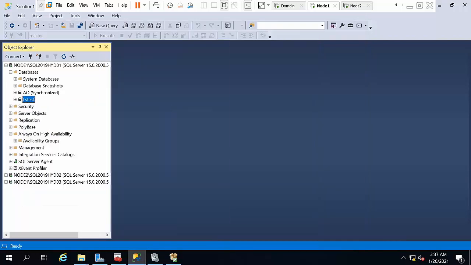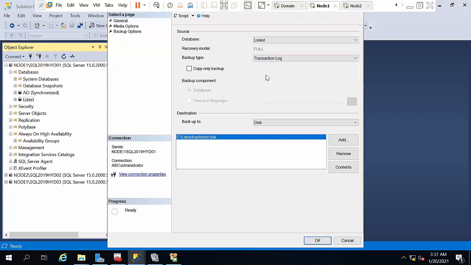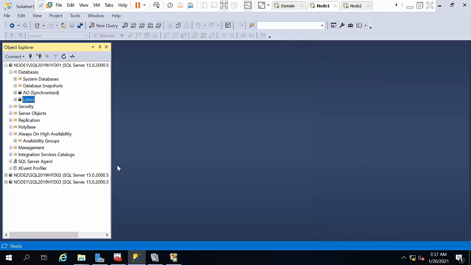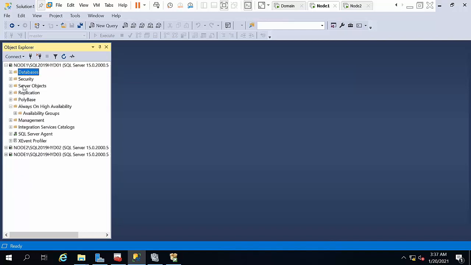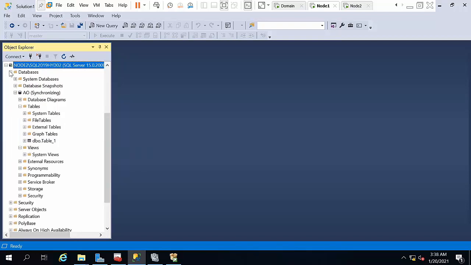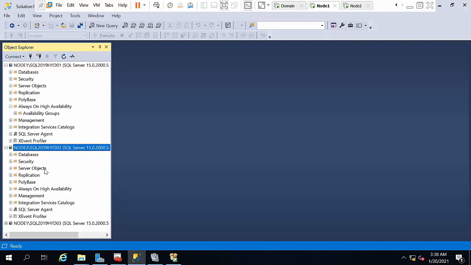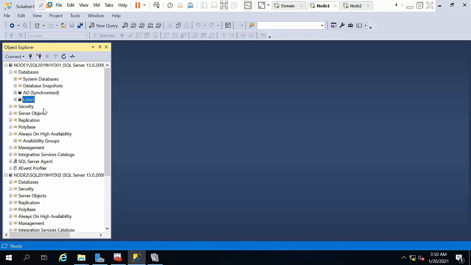Take the log backup as well. Select the log, click OK. Now it is a very small database, right? So I am going to let the wizard itself restore this. Okay, so select the